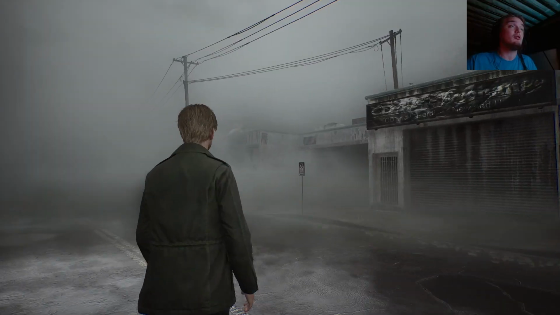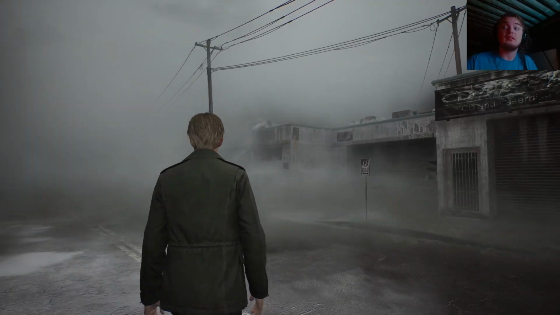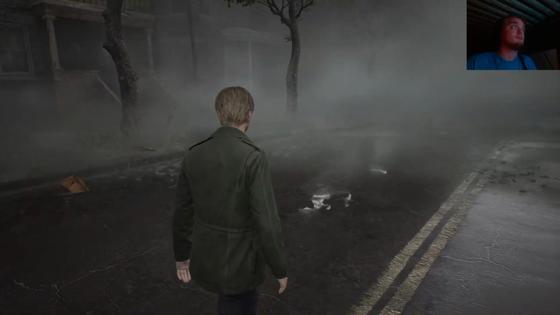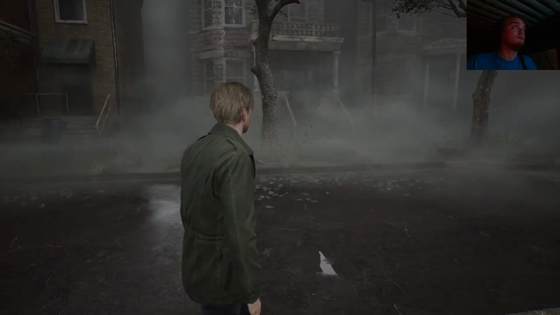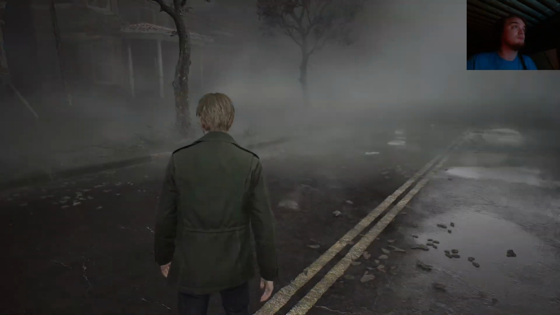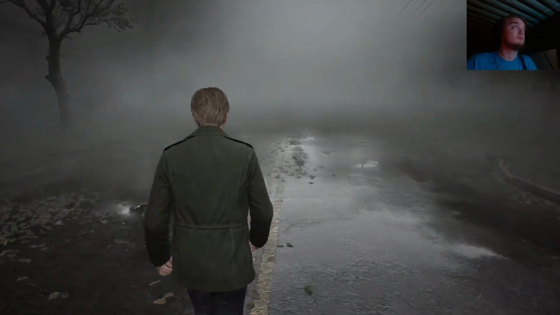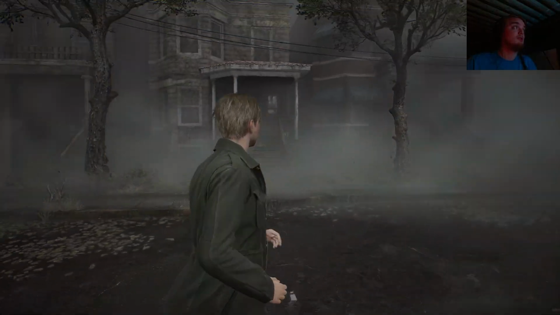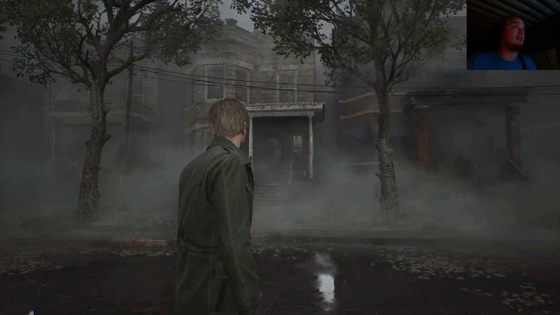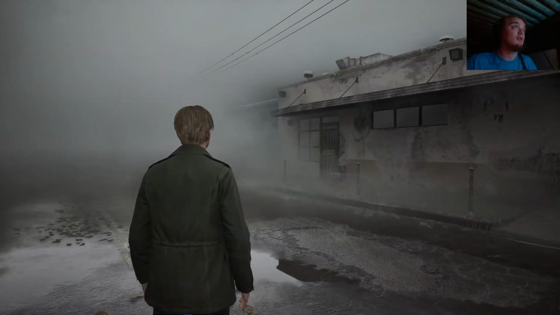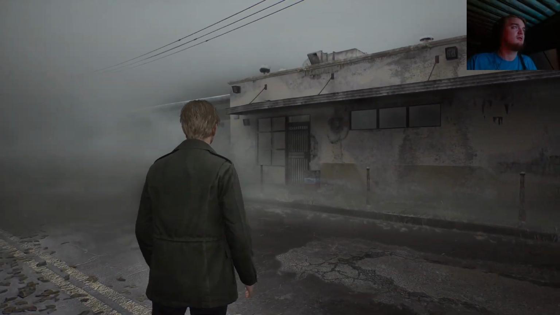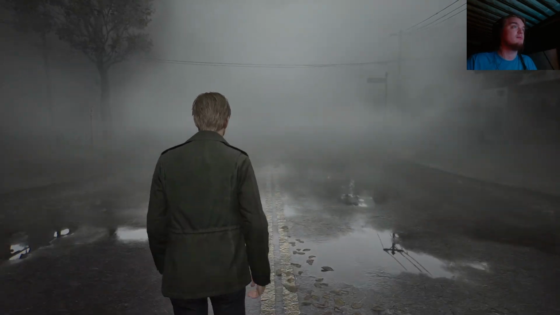It's pointed out to you several times. Look at this. Look at all these disgusting, dilapidated houses. It's very unnerving.